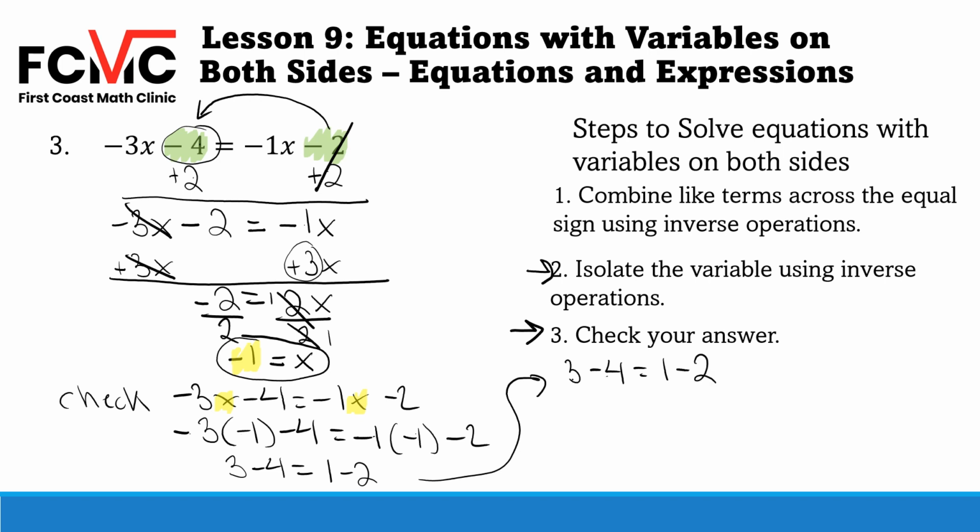3 minus 4 is negative 1. 1 minus 2 is negative 1. So we get the same value on the left and the right. So our answer is going to check. So our answer should be negative 1. Okay. All right, let's move on